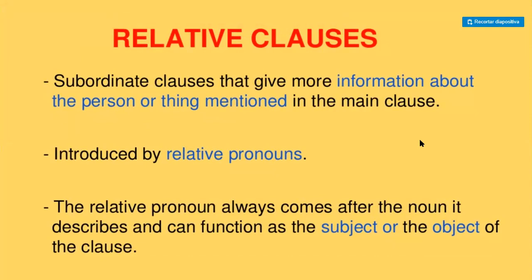We have different types of clauses, such as subordinate clauses. They are the kind of clauses that give us a little bit more information about the subject that is mentioned in a clause. It can be introduced by some relative pronouns, and the relative pronoun is the one that comes